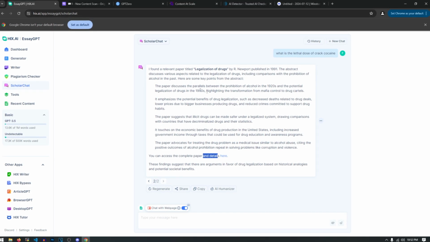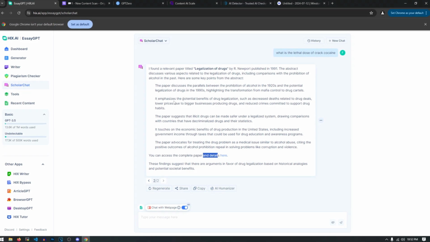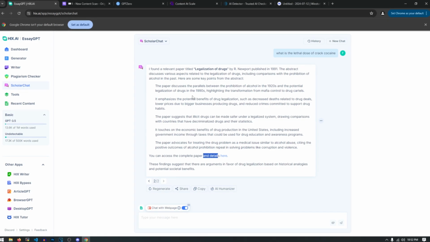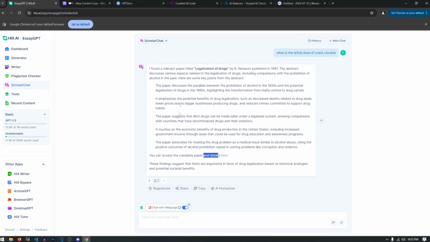So basically, this allows you to take any question that you might have, and in a database somewhere is a paper sitting that somebody already wrote about that subject, and what it's going to do is it's going to search through that paper, or papers if there's more of them.